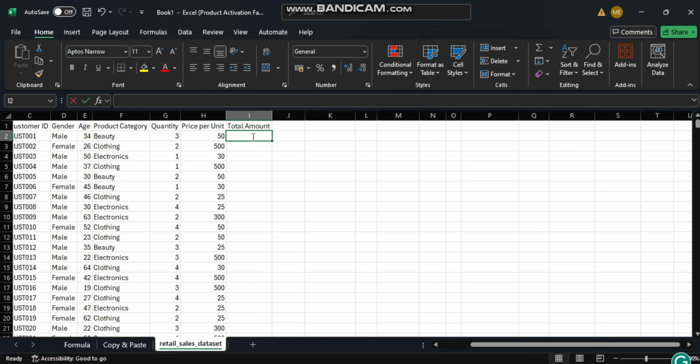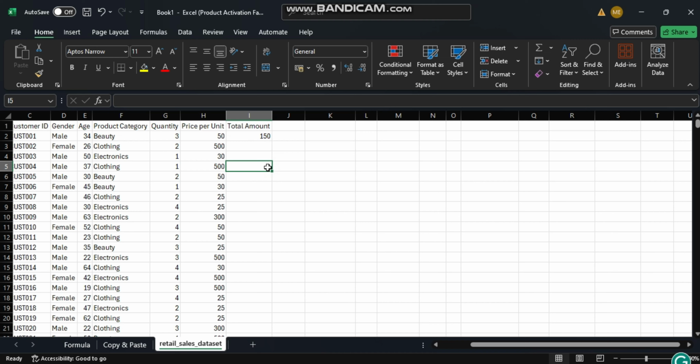Now begin a formula with an equal sign, and then for the total amount we want to multiply the quantity and price per unit. That is like saying 3 multiplied by 15, and we are able to get